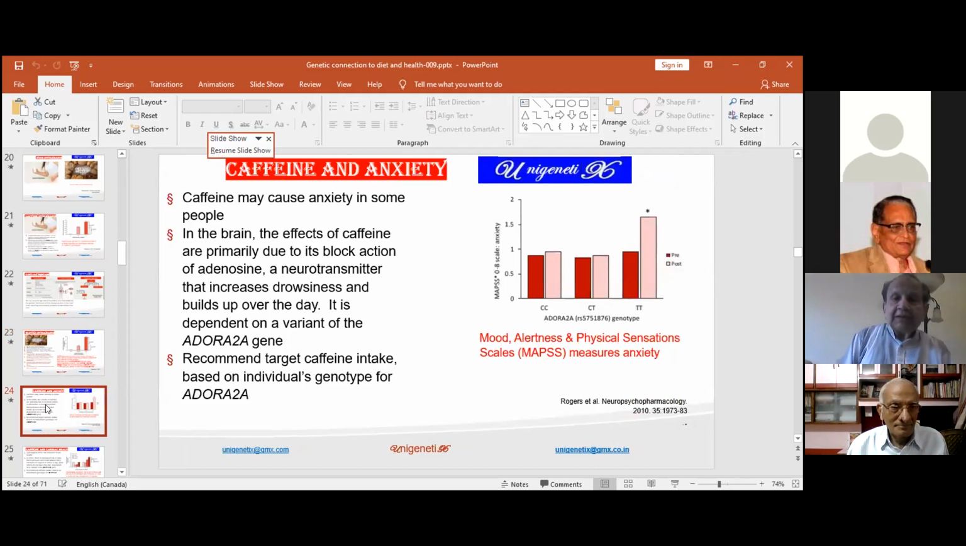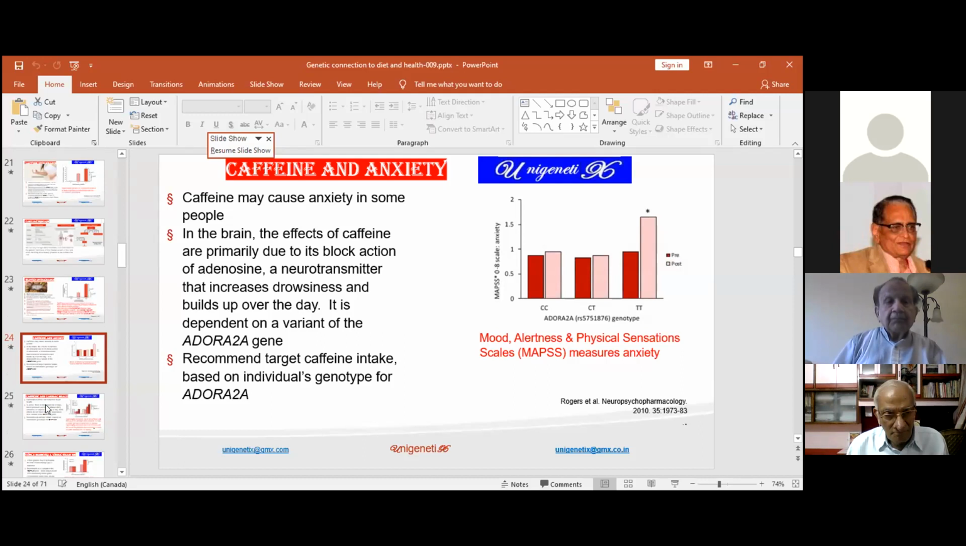Now, caffeine and anxiety. Some people can drink cups of coffee and are okay. Some people take 2-3 cups and they become very anxious. And it's the TT genotype in ADORA2A that makes them very prone to become anxious with caffeine. But caffeine has